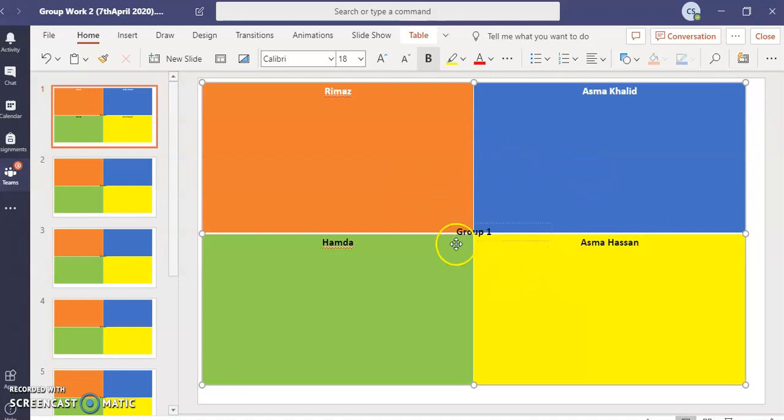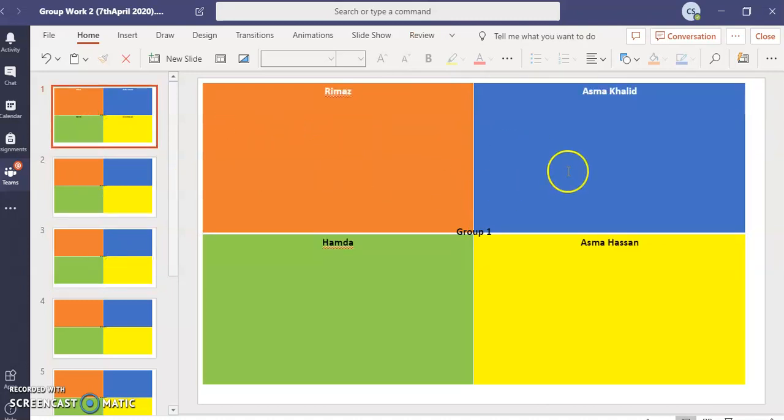This way you can just put everybody's names on each of the slides and assign them tasks. If you want to keep the same tasks for each group, then you can assign the task and then duplicate